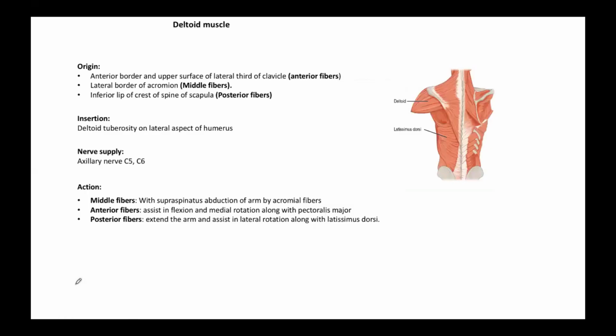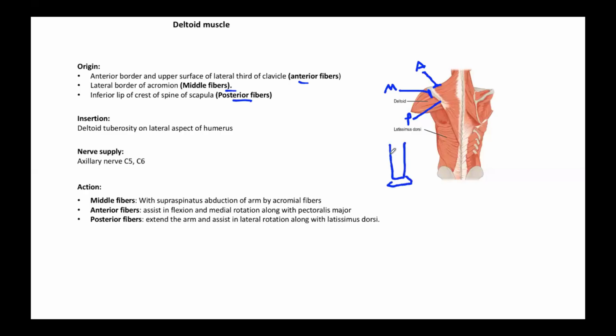Now this is another large muscle. This muscle is also important because it's a powerful abductor, and we know that this muscle arises from the clavicle, which is anterior, giving the anterior fibers, and then the acromion gives the middle fibers, and then the spine of the scapula gives the posterior fibers. So anterior fibers, middle fibers, and posterior fibers. All these fibers are inserted on the deltoid tuberosity on the humerus. We did not discuss this landmark of the humerus yesterday